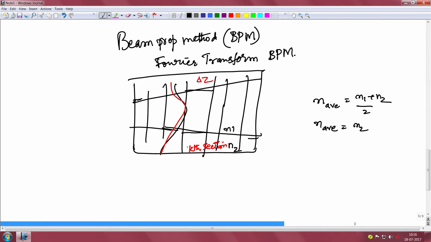So, the process goes like this. We divide the input beam into its various spatial frequency components. So, we know that a beam, I am just using only one dimension, but this could be equally valid for 2 dimensions by simple extension. So, if you are given an input beam f of x, let me say f k of x, it could be expressed as a superposition of